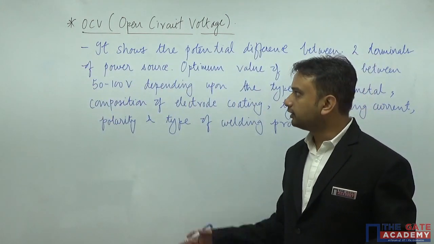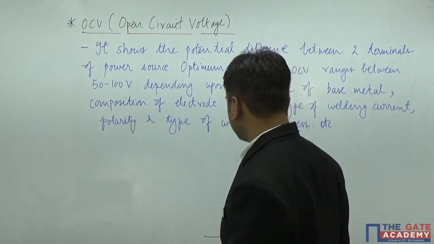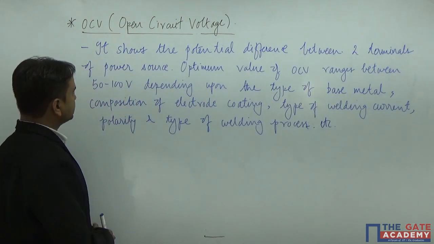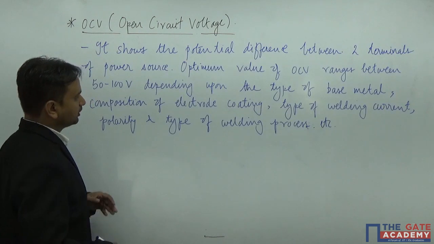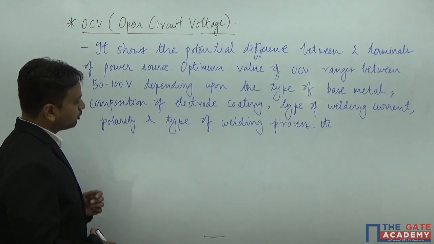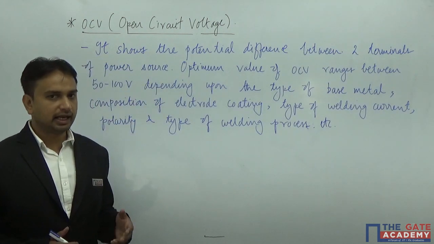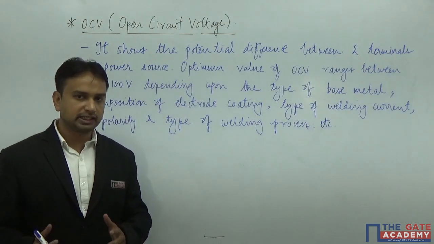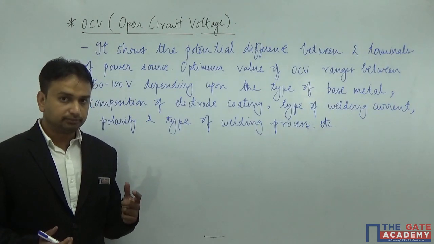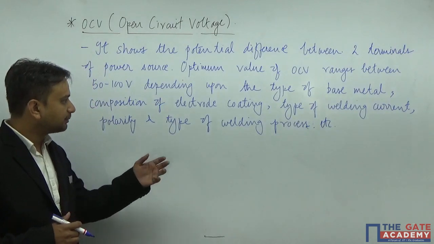Friends, let us have a look at the OCV and its description. It shows the potential difference between two terminals of the power source, and the optimum value of OCV ranges between 50 to 100 volts depending upon the type of base metal, composition of the electrode coating, type of welding current, polarity, and the type of welding process, etc. So OCV actually is that threshold voltage at which the arc strikes. And this voltage is going to depend upon various factors, as you can see, the base metal and the